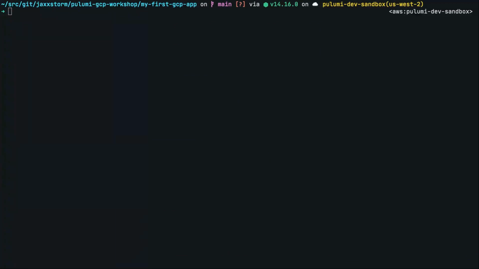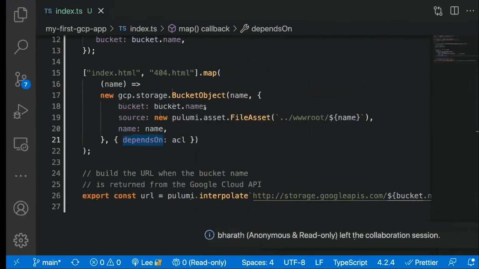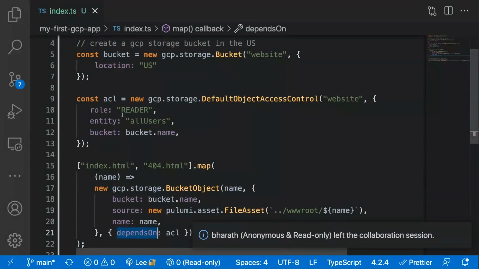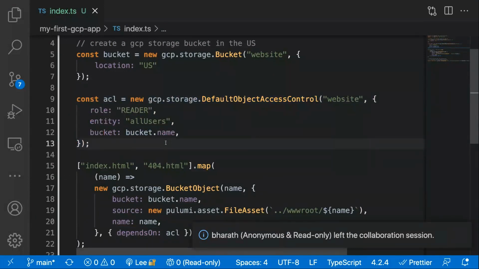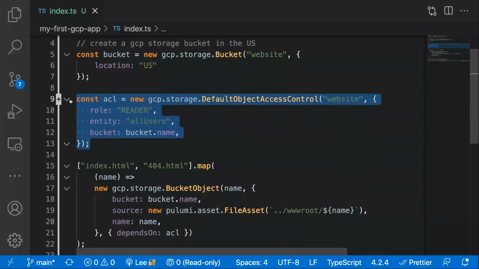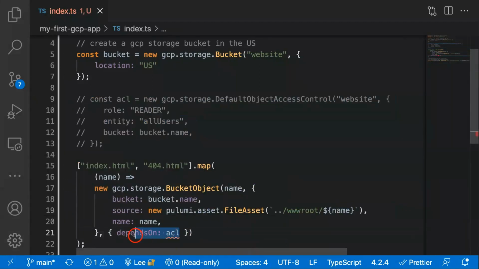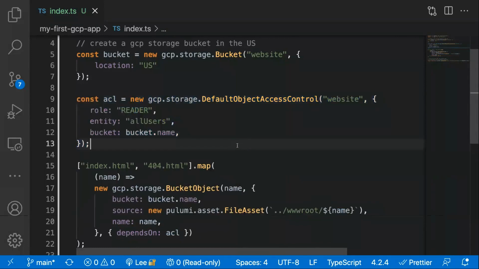It looks like the question that Paul raised is that your Google Cloud account does not allow it. It looks like somebody has set some policy on your account that doesn't allow you to publish objects from a bucket, so that looks like a configuration issue at your Google Cloud level. What you might want to do just to get this working, Paul, is not specify an ACL. It won't let you view the website, but it will allow you to complete your Pulumi program. So you might just want to comment this out like so, and then comment this out. That should allow you to get to a place where